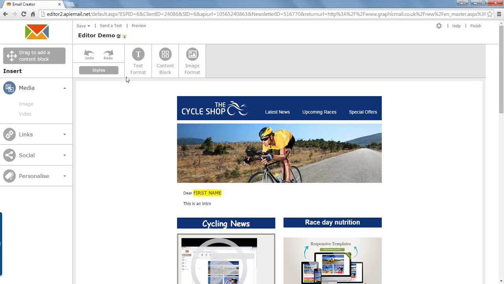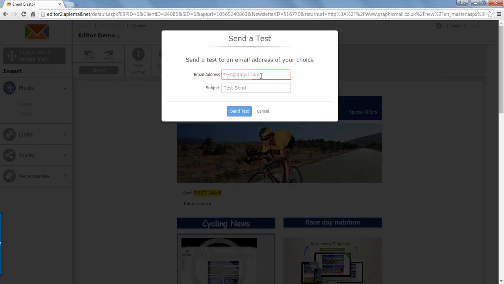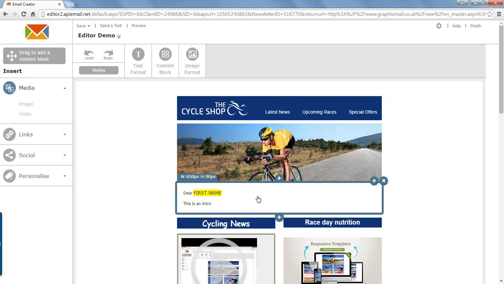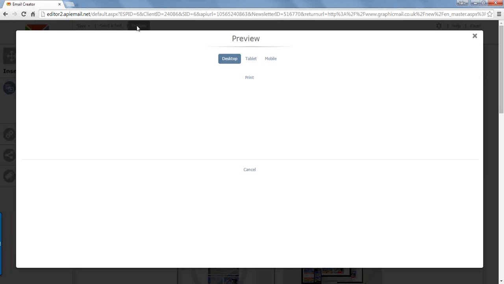So now we've made all these changes, obviously what you might want to do is send a test. So you can actually send a test within the editor now. If you wanted to send a test to your email address, just pop your email address in there and pop in a subject line and then just click send a test. You can wait for that to come through, and then obviously you can start making some more relevant changes if they're needed. You've also got a preview option at the top here, so you can see what it looks like